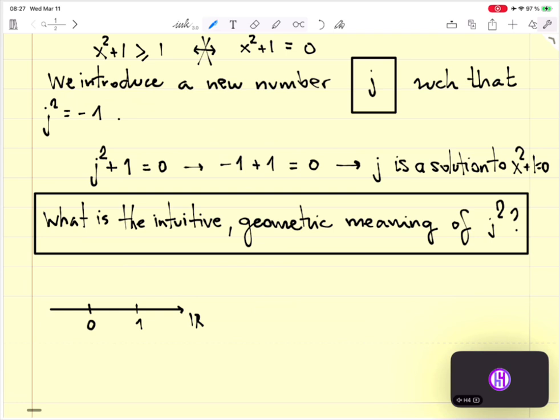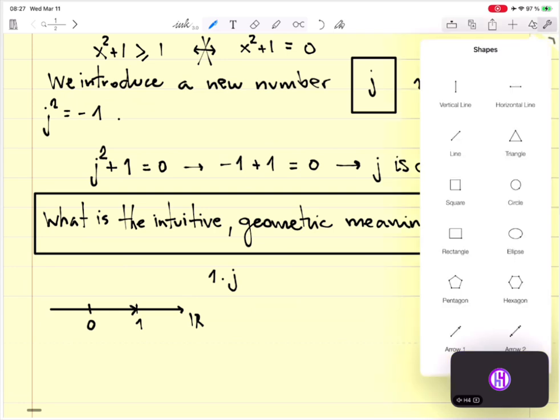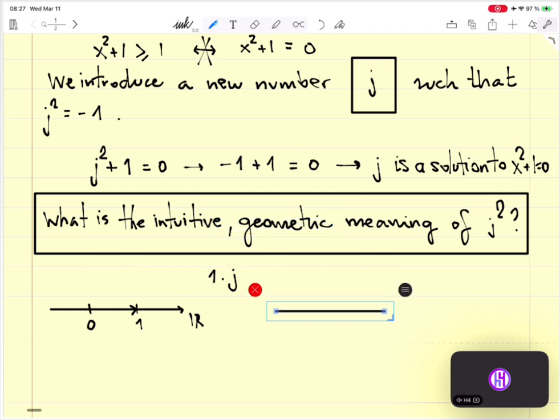Okay, now we multiply this number 1, this arrow going from 0 to 1, right? We multiply this number 1 times j. What happens? This is what happens. It takes us out of the real numbers